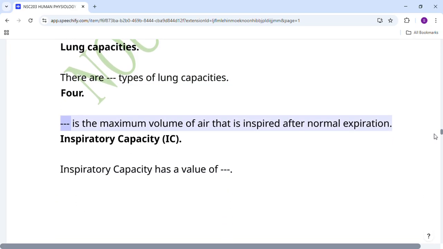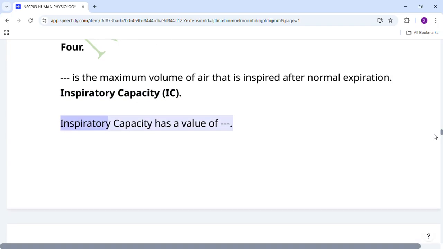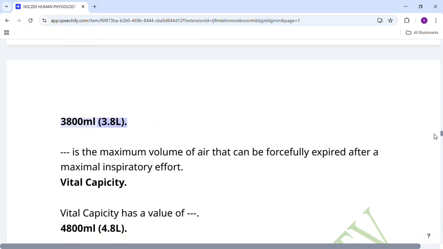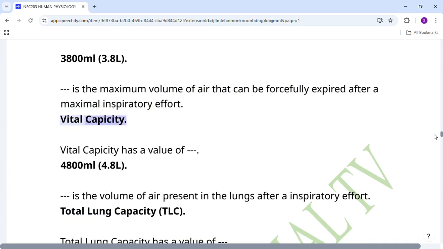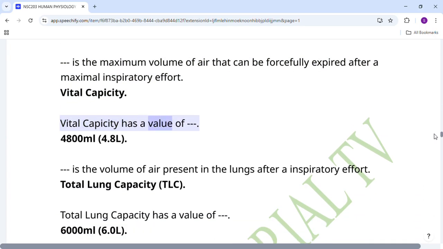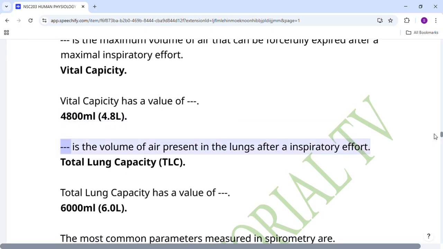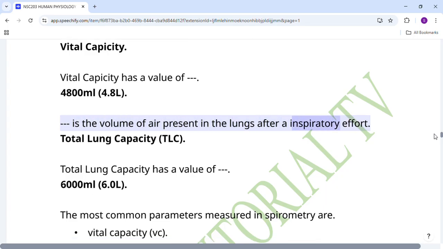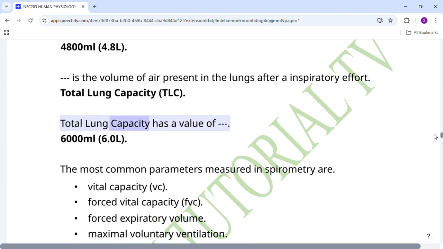Inspiratory capacity, IC, is the maximum volume of air that is inspired after normal expiration. Inspiratory capacity has a value of 3800 ml, 3.8 L. Vital capacity is the maximum volume of air that can be forcefully expired after a maximal inspiratory effort. Vital capacity has a value of 4800 ml, 4.8 L. Total lung capacity, TLC, is the volume of air present in the lungs after an inspiratory effort. Total lung capacity has a value of